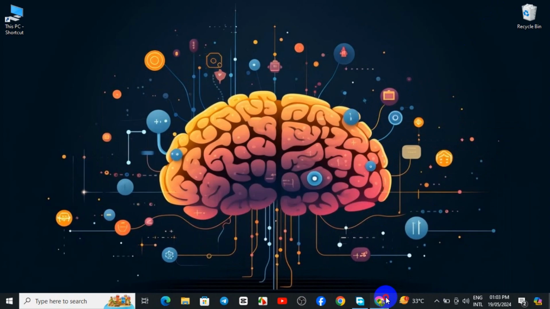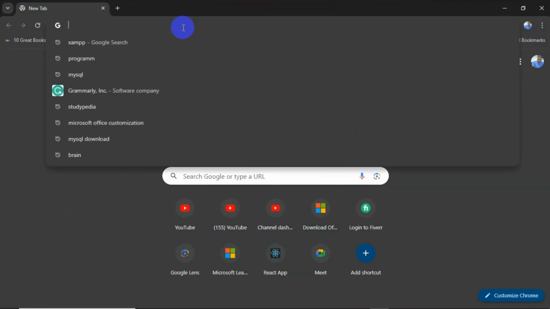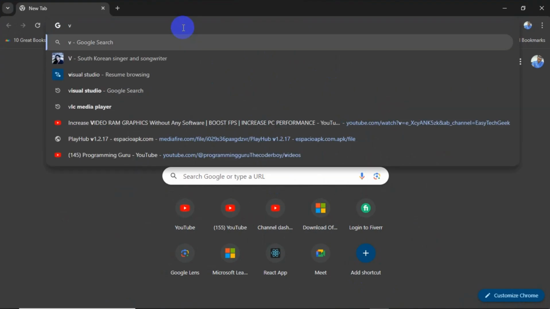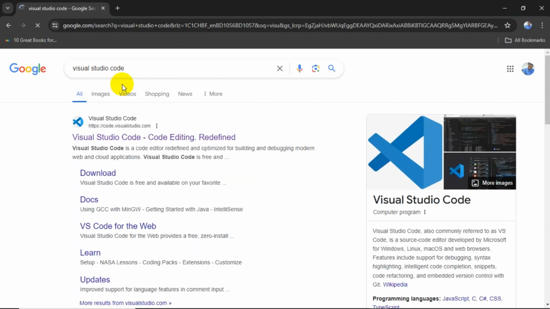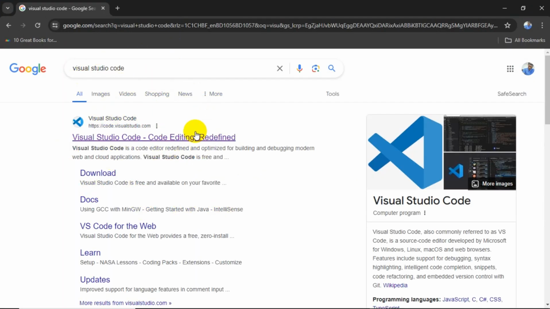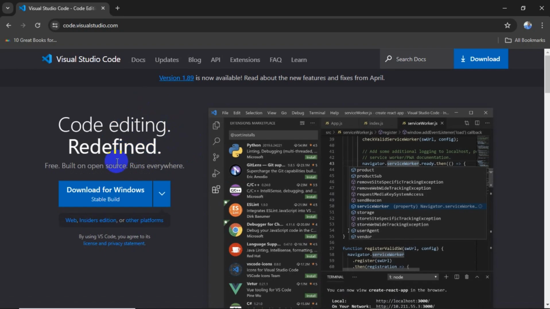So first, we will go to our favorite browser. I use Google Chrome, and I come over to the search option and search for Visual Studio. Here you can see the recommended Visual Studio Code. And after that, we search for Visual Studio Code. Here we'll get the first link. Click on it. And after that, here you can see the download link